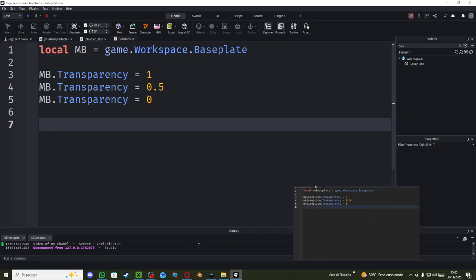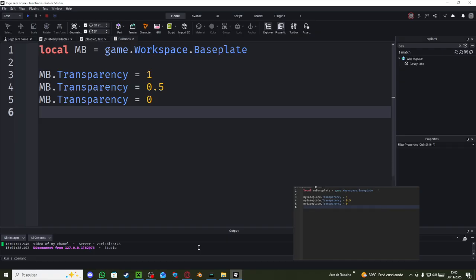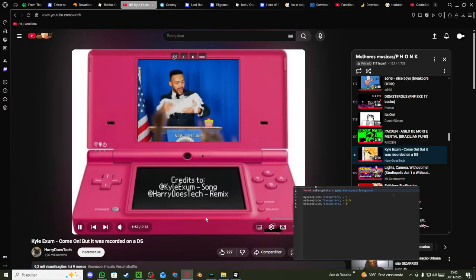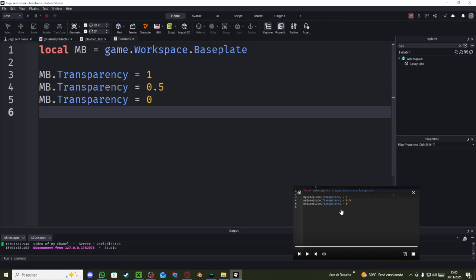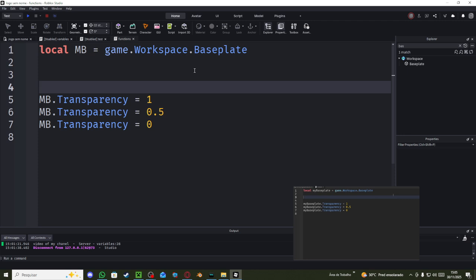And now we are back here with 3 lines of code. So after we make reference to our base plate, I'm going to drop 2 lines down here, and we have to be able to create our function.